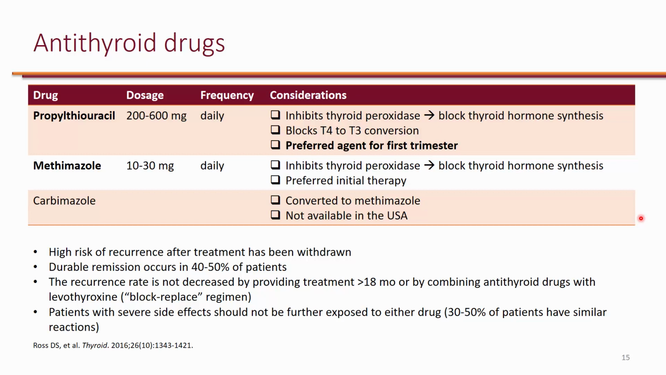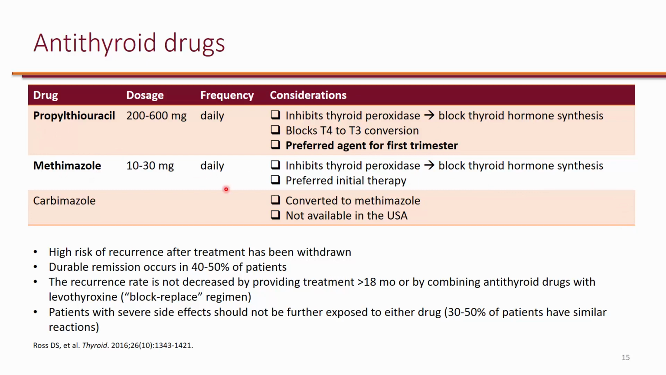When it comes to adverse effects, they both have similar adverse effects. Most commonly, skin reactions like rash and pruritus. They can both also have hepatotoxicity, but when it comes to hepatotoxicity, propylthiouracil actually has a lot higher rates of hepatotoxicity, which happens to be a black box warning for propylthiouracil. So because of that black box warning, methimazole is considered preferred initial therapy for everyone, except